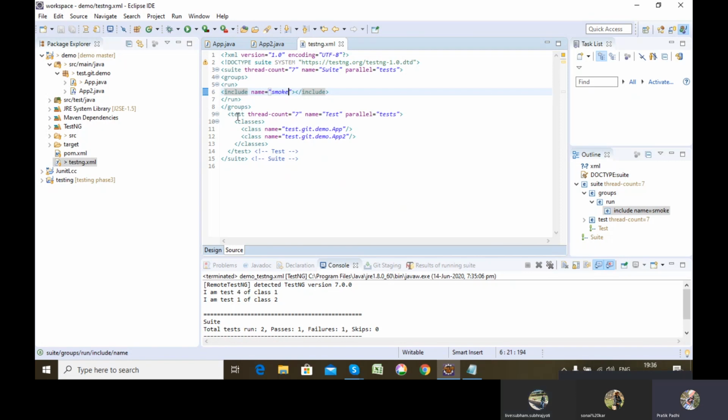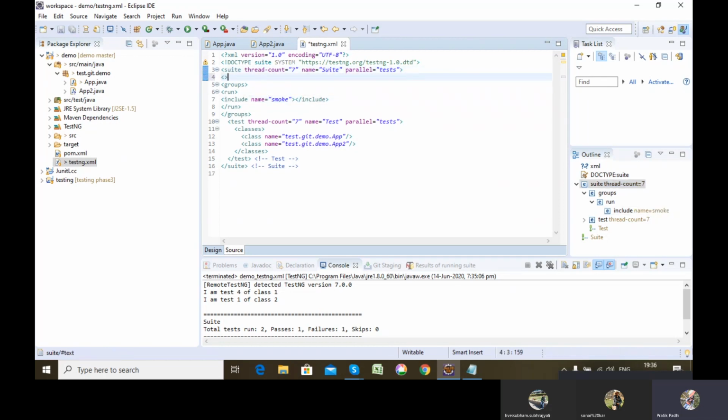Okay. So now let's say for example, I want to use a parameter from the testng.xml inside my test. So what I will be doing? I can define parameter here.